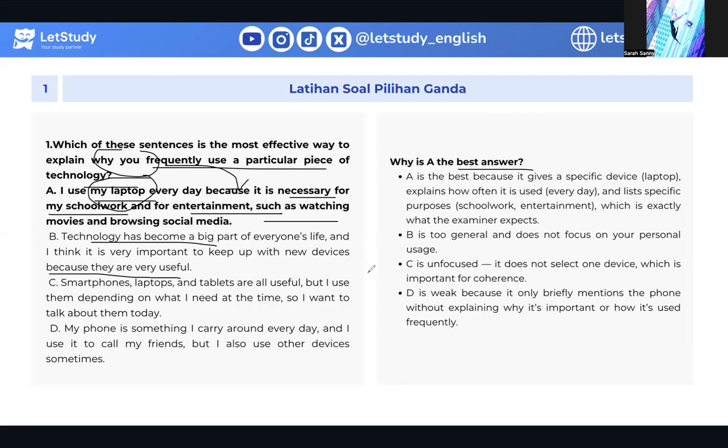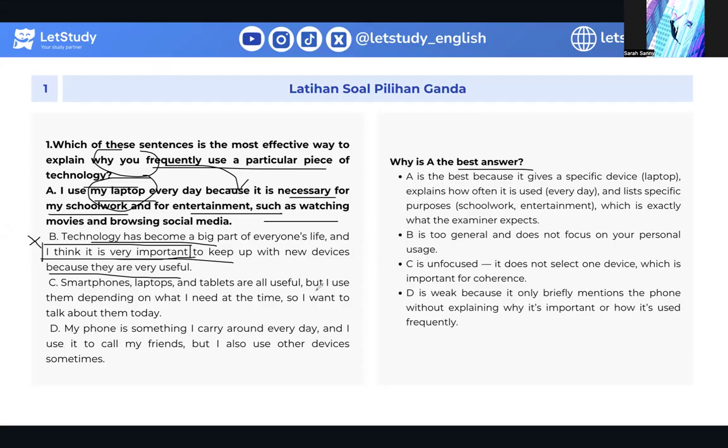B itu lebih general kan, like technology has become a big part of everyone's life. And I think it is very important to keep up with new devices. Although this part, yaitu I think it is very important, memberi perspektif, tapi perspektif ini tuh nggak menambah apa-apa atau beneran menjawab pertanyaan yang diberikan. Jadi B itu salah. Untuk C, yaitu